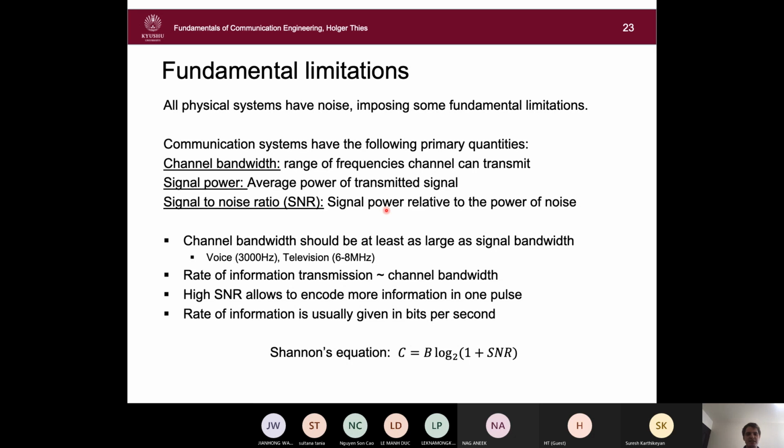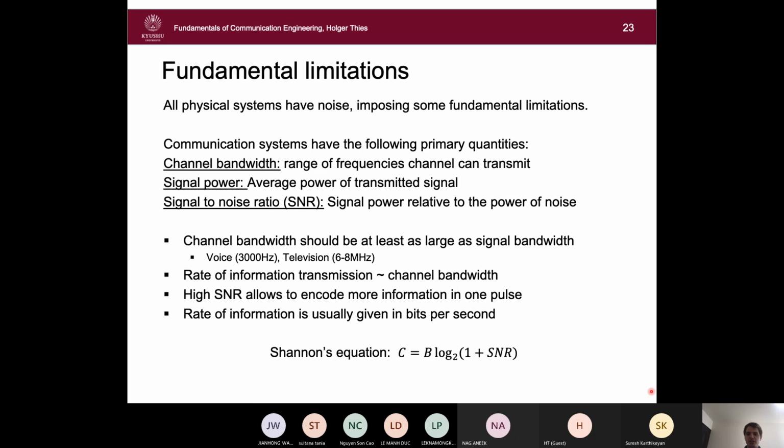then if we have a higher signal to noise ratio, we can, for example, instead of binary encoding, encode 5 or 6 bits just using different power levels. So we can use 1, 2, 3, 4, and 5 times the noise if the signal to noise ratio is, for example, 6. And so this is the idea behind